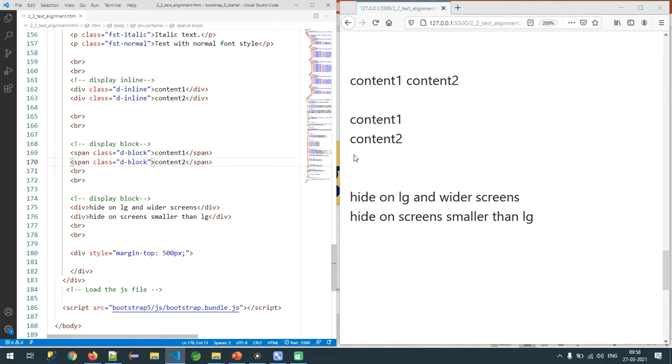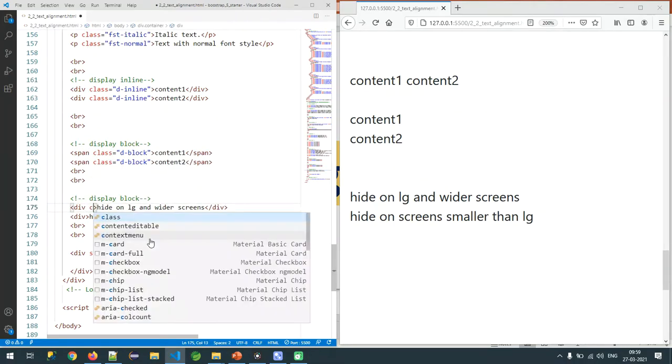Now why are these two spans displaying on separate lines, sir? Because we converted our span into a block level element. So by using the Bootstrap CSS classes, we can convert an inline element to a block level element and vice versa.